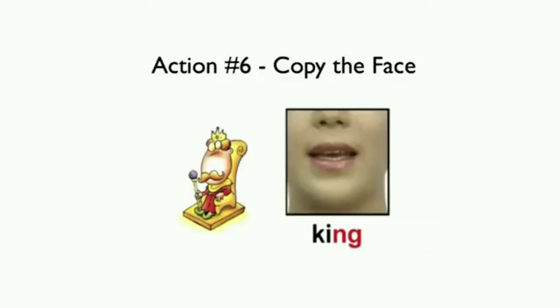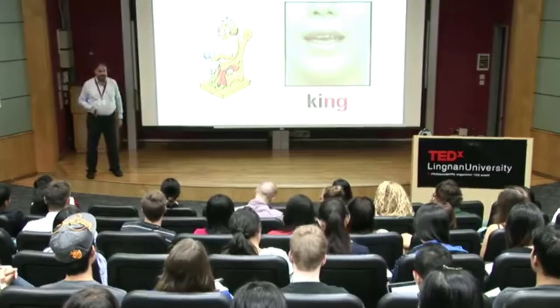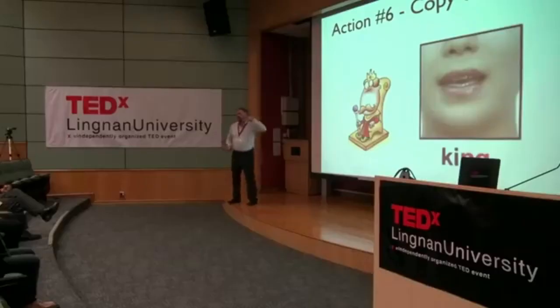The sixth thing you have to do is copy the face. You've got to get the muscles working right so you can sound in a way that people will understand you. There's a couple of things you do. One is you need to hear how it feels and feel how it sounds, which means you have a feedback loop operating in your face. But ideally, if you can look at a native speaker and just observe how they use their face, let your unconscious mind absorb the rules, then you're going to be able to pick it up.